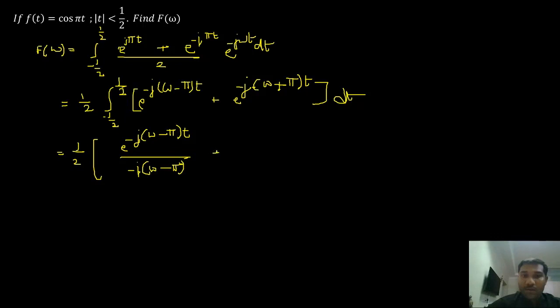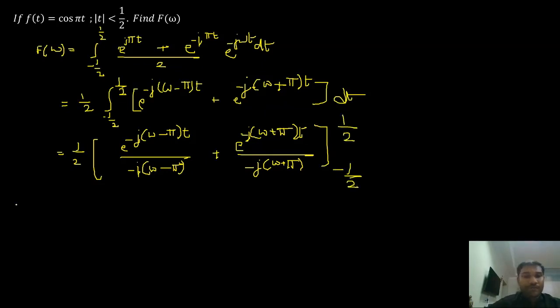plus again integral of this. So e power minus j omega plus pi t divided by minus j omega plus pi. The limits are minus 1 by 2 to plus 1 by 2. If you simplify this,